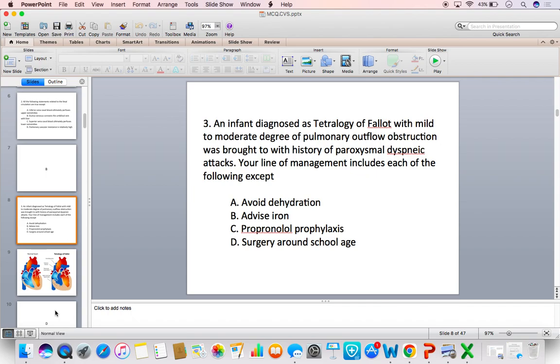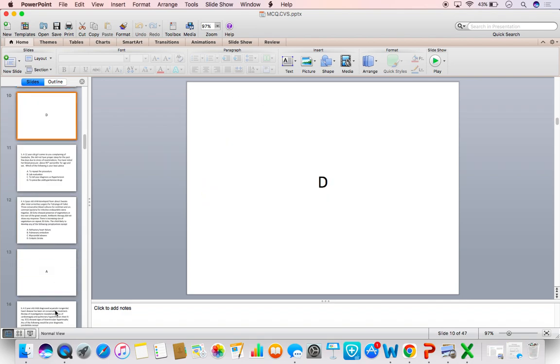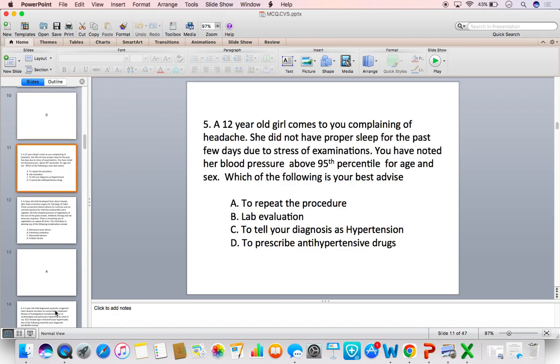And anoxic blue spells are very common in mild to moderate degree of tetralogy of Fallot. And it is a medical emergency. Unless you treat properly, the child is going to die. So early correction is always advisable in a child with tetralogy of Fallot. Next, coming to